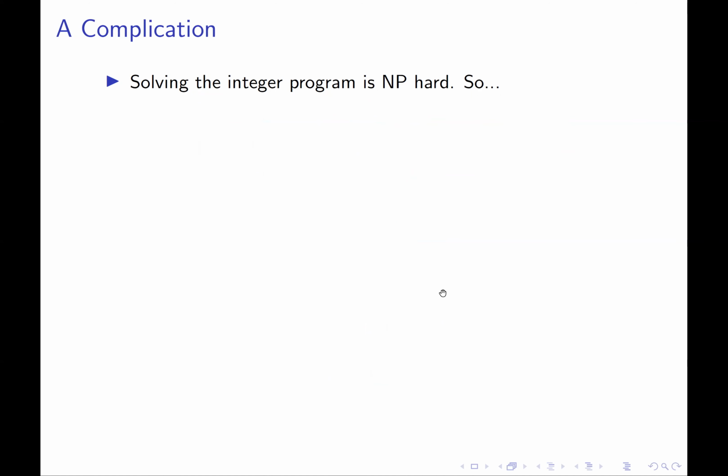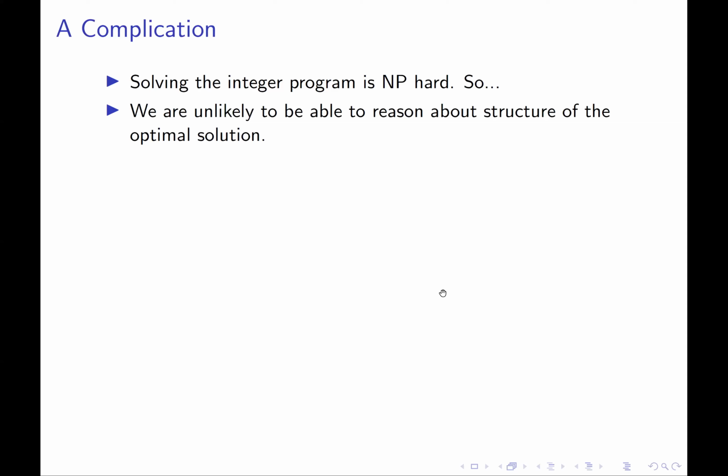Of course, all I've done is I've written down our original problem in different notation. So I haven't done anything to it. And so of course, solving this integer program is NP-hard. In fact, the fact that I can express the knapsack problem as an integer program is a proof that integer programming is NP-hard. So number one, of course, I can't just solve the integer program. That can't be my algorithm. But number two, and this is sort of a meta point that comes up a lot in theoretical computer science.